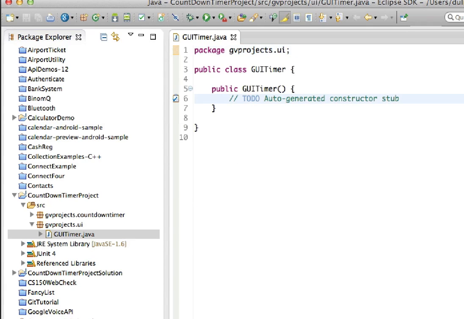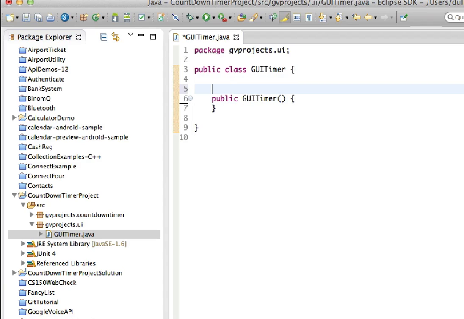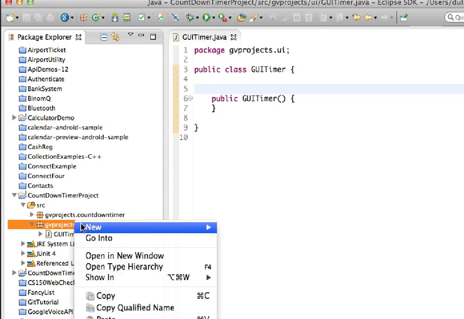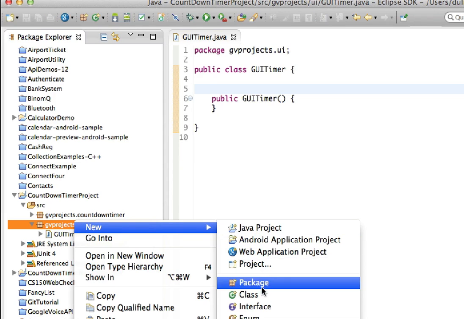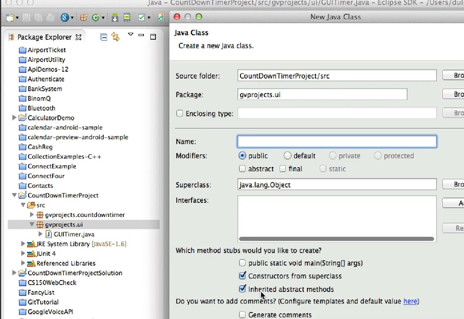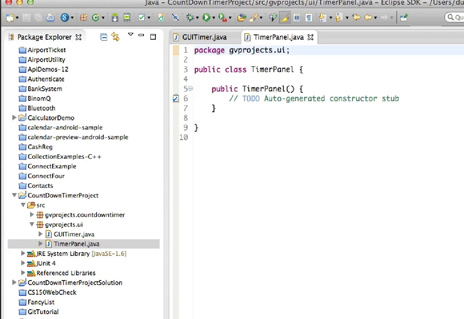Okay. And then in addition to my GUI timer, I'm going to add another class. I'll call it timer panel. Okay, what is a timer panel? The intention is to include several timer panels into your GUI, so then you can see several timer objects in there, right? But now each panel, on each panel, I'm going to add a button, and